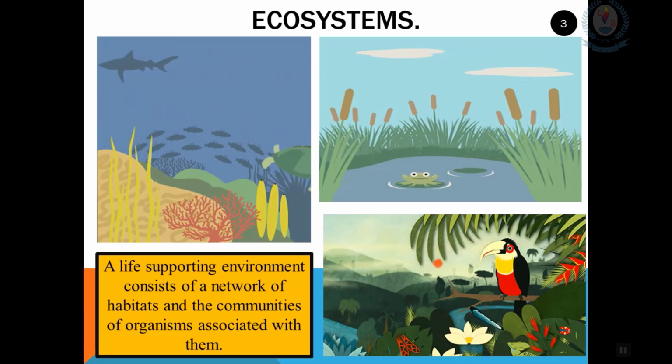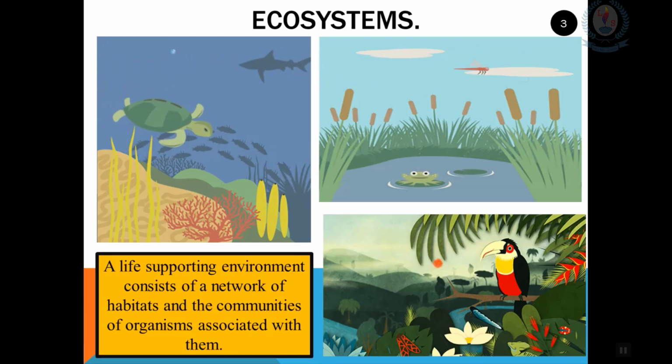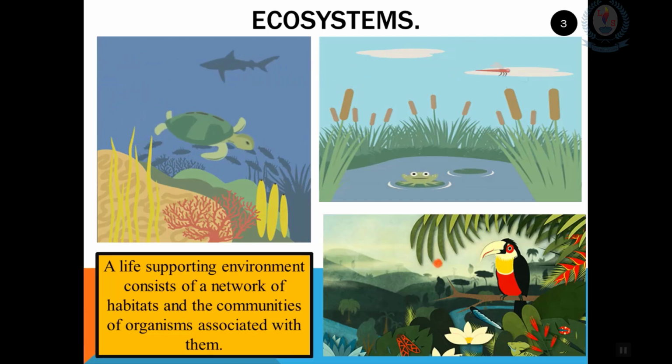First of all, we should know that organisms don't exist on their own. They have complex relationships with other species in the habitat as well as their physical environment. So, ecology is the study of the interactions between organisms and their environment. In this lesson, there are some key words that we should know. We will start off with the term ecosystem.